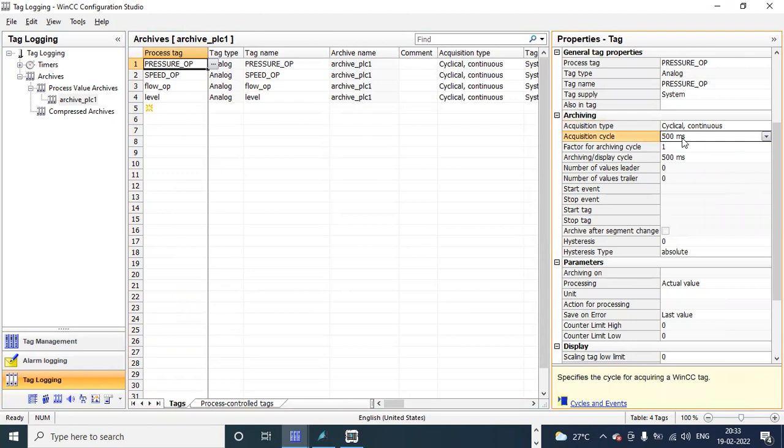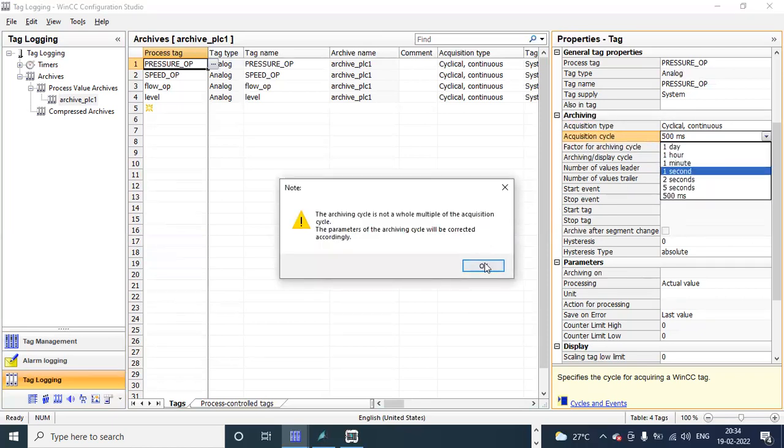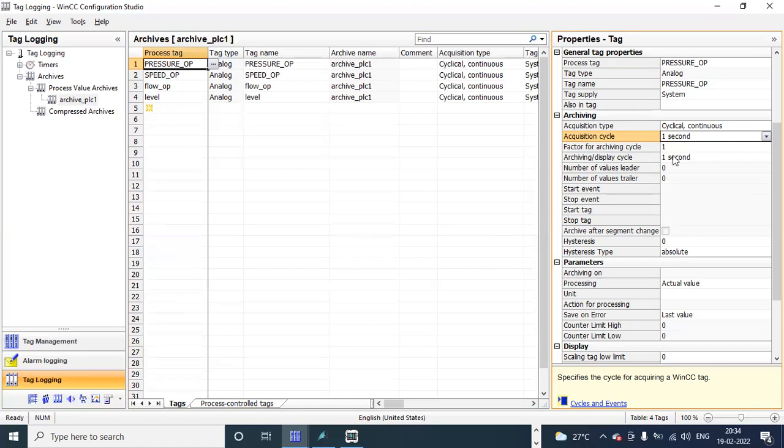Acquisition cycle means at what time the data should be collected from the PLC, for every 500 milliseconds or 1 second. You can change this. Say okay. Then, after collecting data, we need to store data, using the archiving or display cycle.